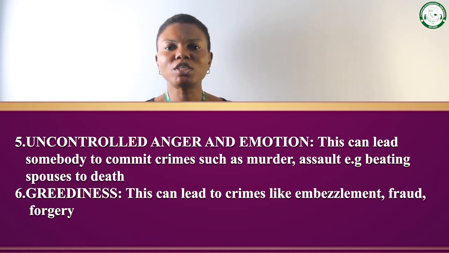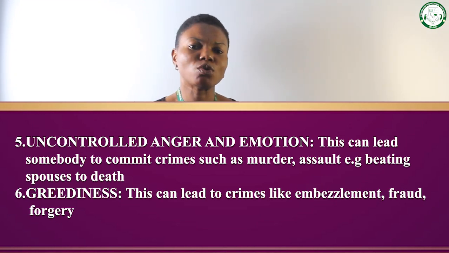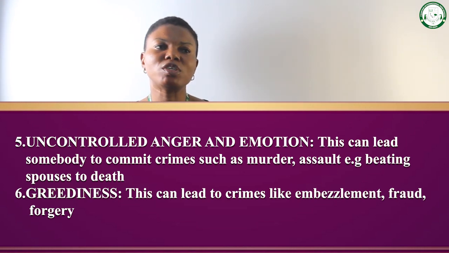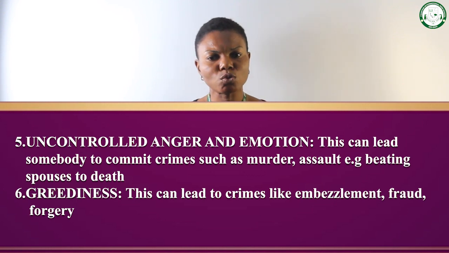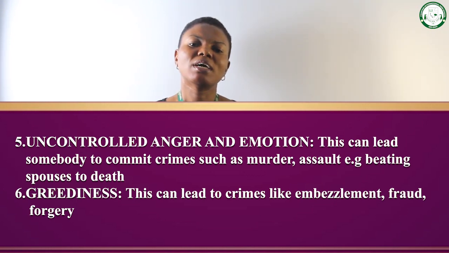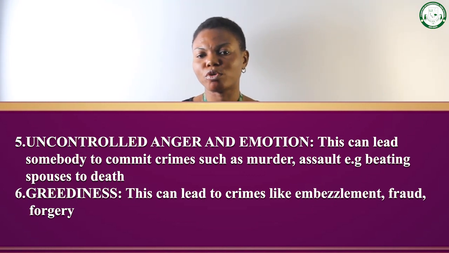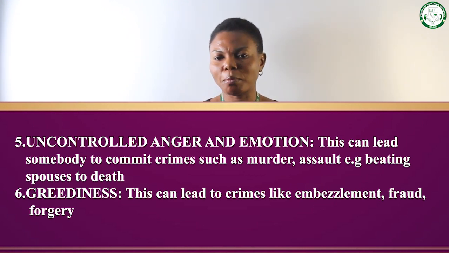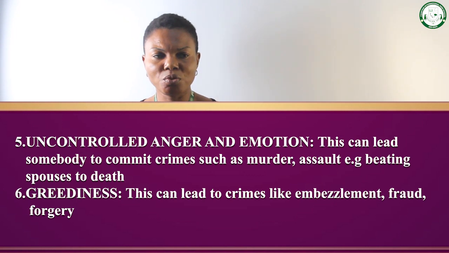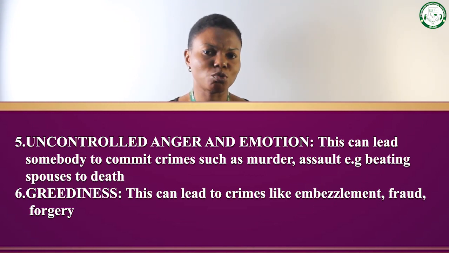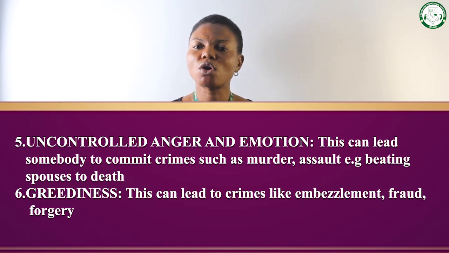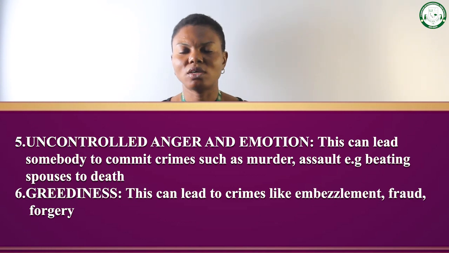Now, this brings us to the end of causes of common crime. Don't forget, we talked about the causes of common crime. We talked about poverty as leading to common crime. We also talked about family background, that is when a child is brought up in a wrong way. We talked about peer influence. We talked about unemployment, and we also talked about greediness. In our subsequent classes, we'll be talking about the effects of common crime, both on individuals and also on the country at large. Thank you.